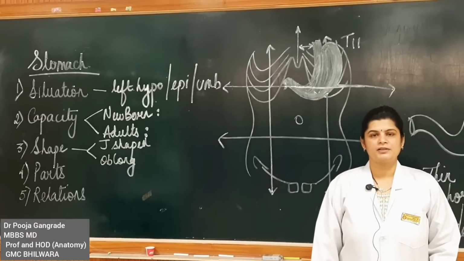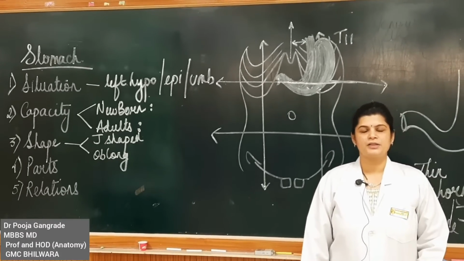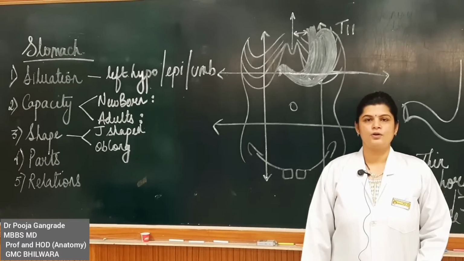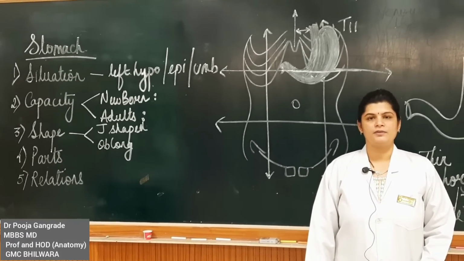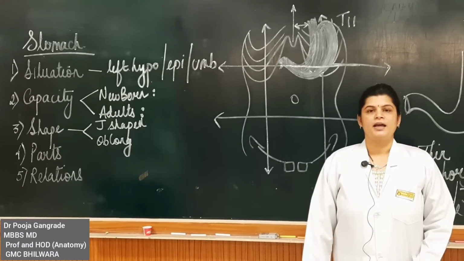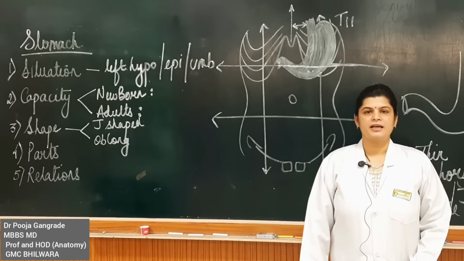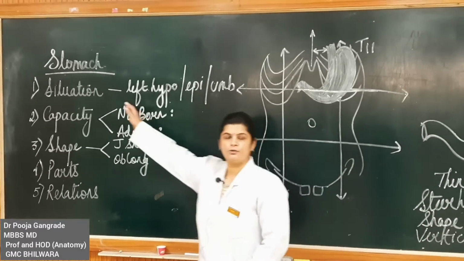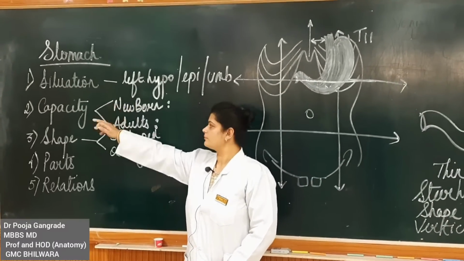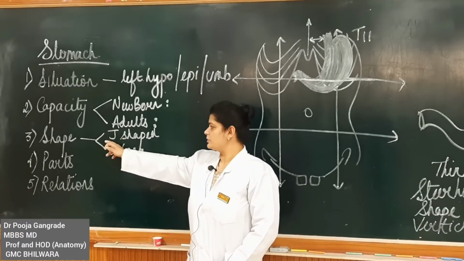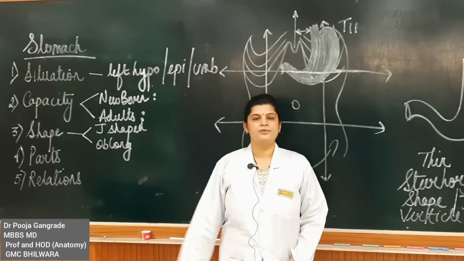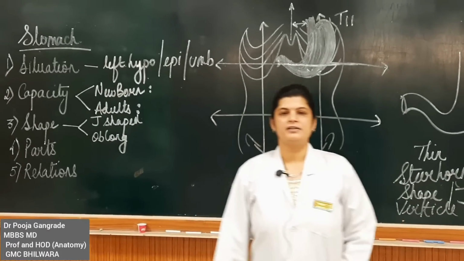We finished with esophagus and now we are coming down to the next topic, that is stomach. Stomach is a muscular organ, we all know, you all read about it in your 11th, 12th and so on. So today we are going to discuss the anatomy of stomach. The anatomy of stomach shall be discussed under the following headings: situation, capacity, shape, parts, relations thereof, the blood supply, the lymphatic drainage, nerve supply.